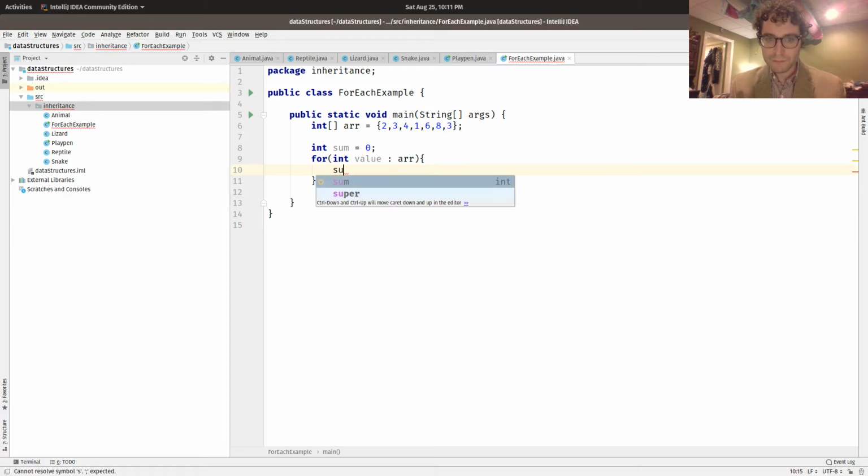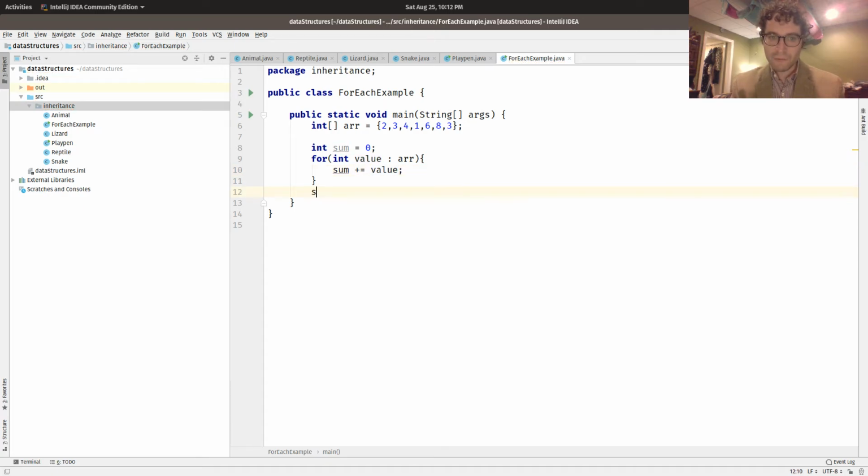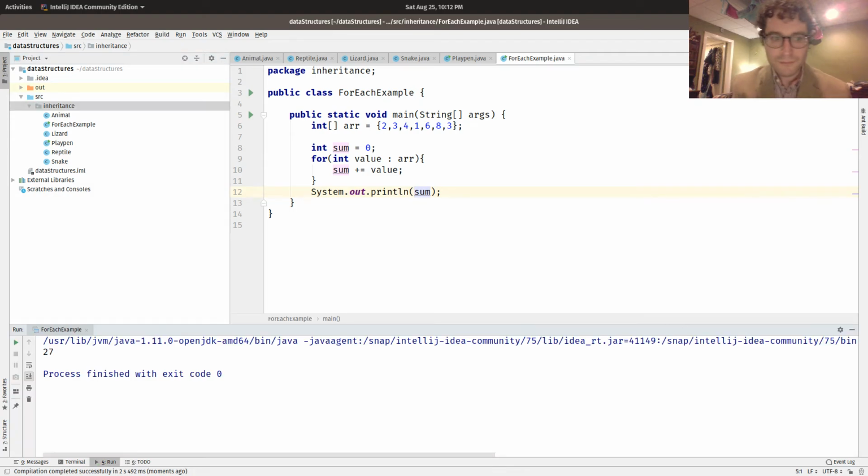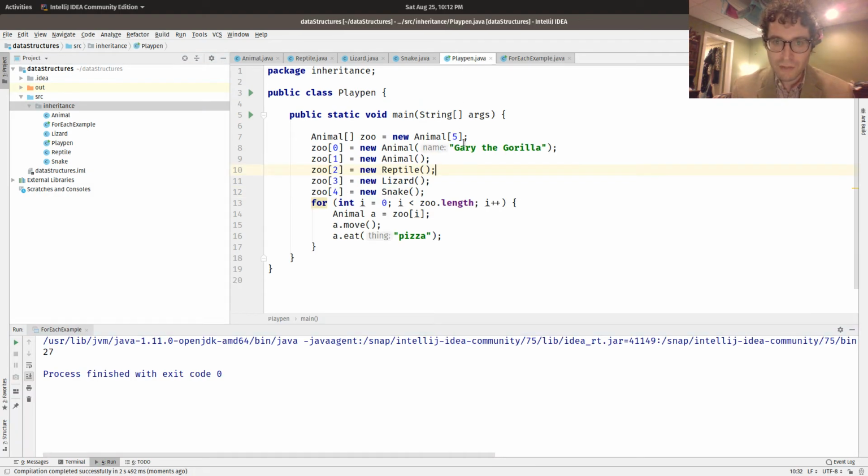sum plus equals value. It's a lot shorter, a lot cleaner, a lot more concise. Let's go ahead and prove that it works, because you really shouldn't accept that without proof. 27. Okay, so now let's go back over here and use that same kind of idea over here,